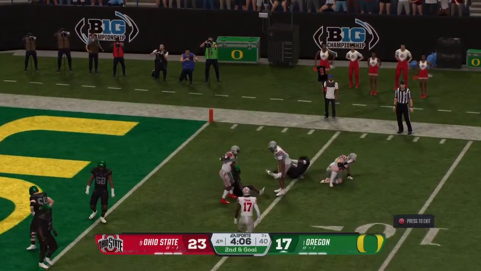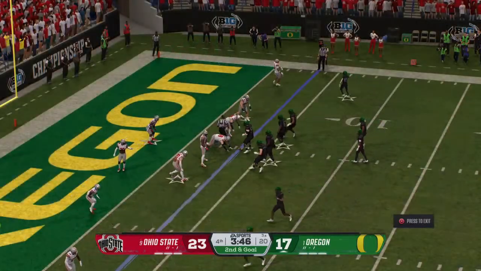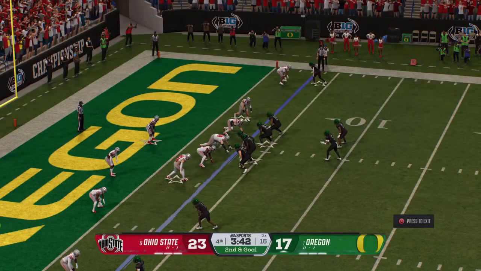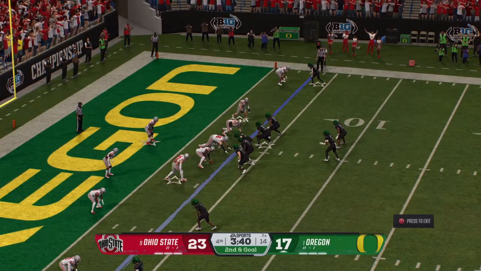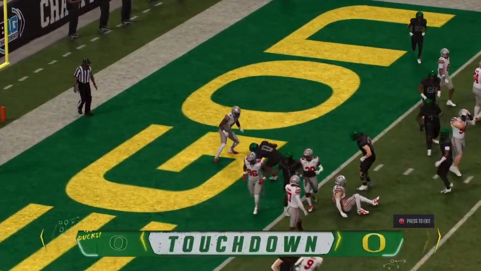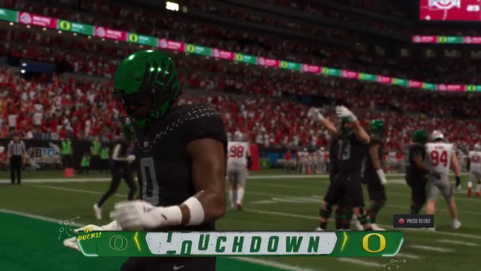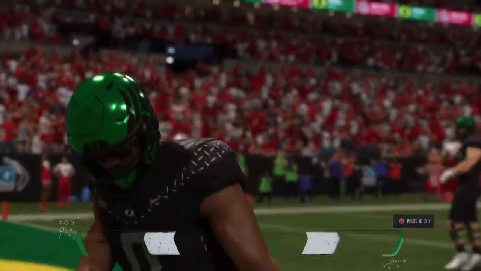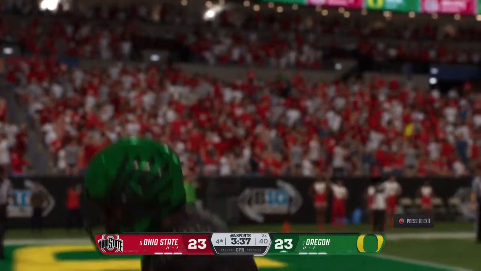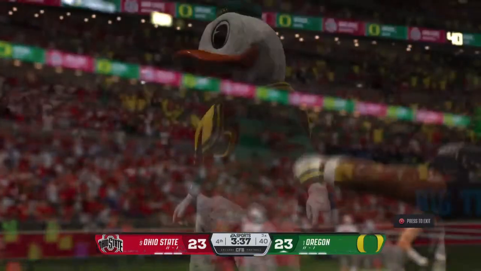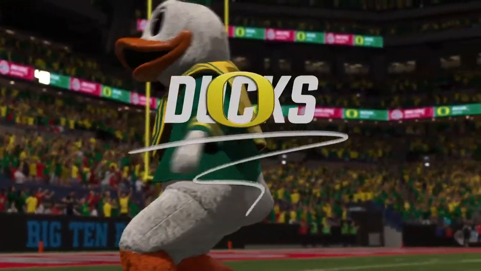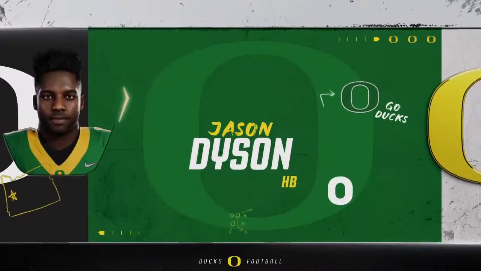And this one goes nowhere. Lucky to get back to the line of scrimmage. All right, second down and goal now for this offense. The running back here in a direct snap. And he fights into the end zone. Touchdown, Oregon. Well, no surprise for an offense this good. Short field, quick touchdown. Yeah, you get into the red zone, though, there's a tendency to want to get conservative. I love that the offensive coordinator and the quarterback kept attacking until they came away with 7 points.